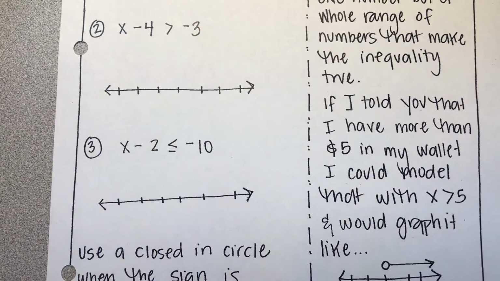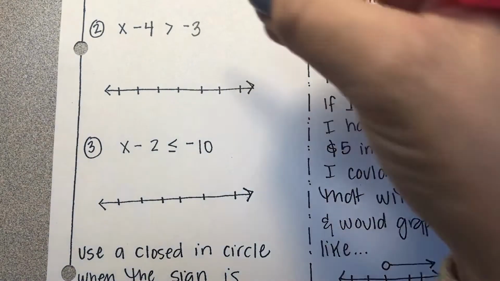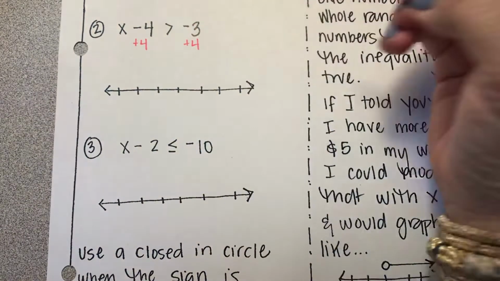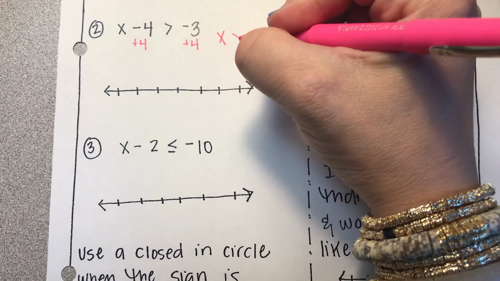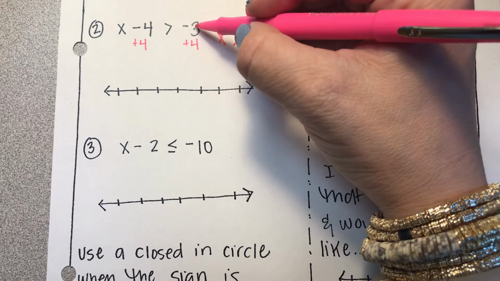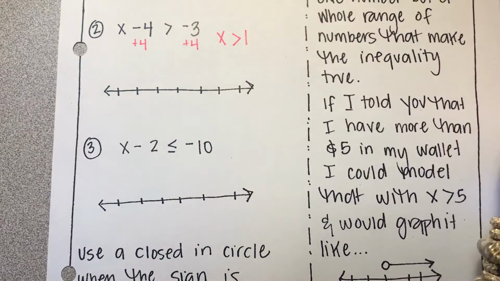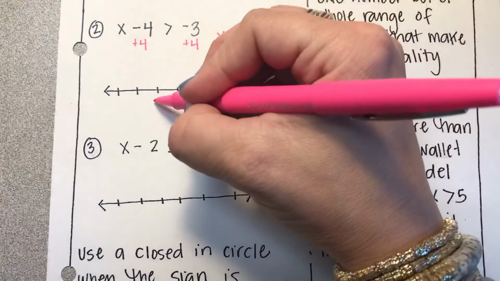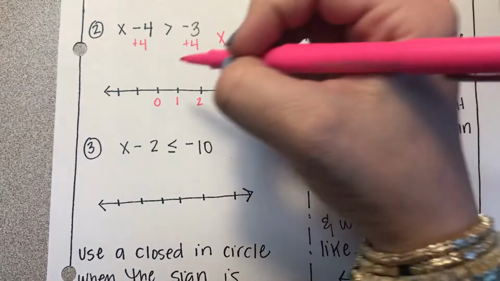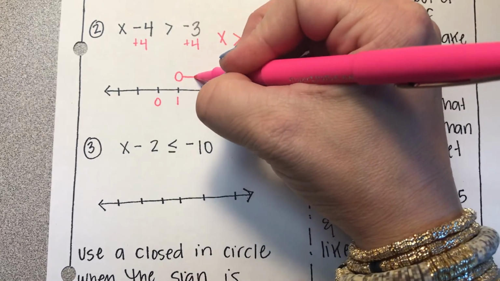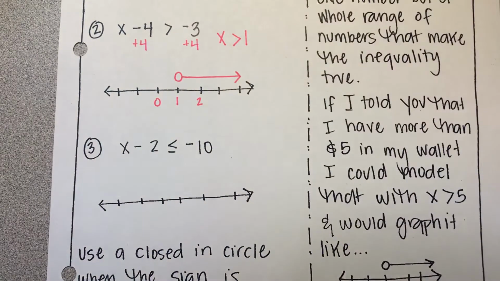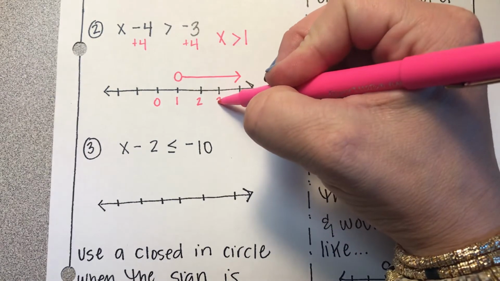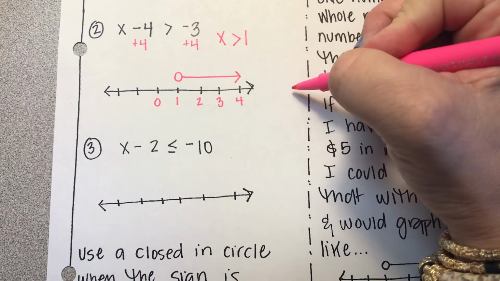Okay, let's look at number 2. On this one, we're going to add 4 to both sides. So I'm left with x is greater than negative 3 plus 4, which is 1. So on my number line, I'm just going to put 1. I can fill in the rest if I want. And I'm going to put an open circle, and I'm going to show it going over the numbers that are greater than 1. It could be 2, it could be 3, it could be 4, it could be 80,